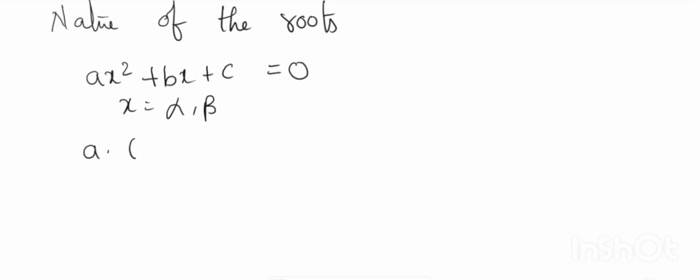Now we'll try to understand the nature of the roots. If a quadratic equation ax square plus bx plus c is equal to 0 is given, and the roots are alpha and beta, we can simply write it as a into x minus alpha and x minus beta is equal to 0. It is always important to place a, because we have to know whether it is